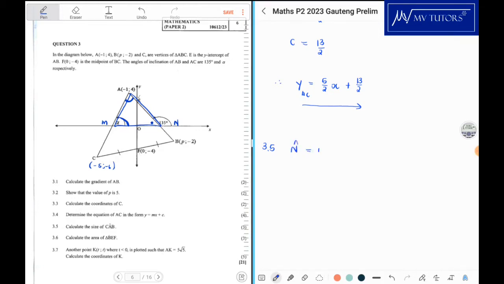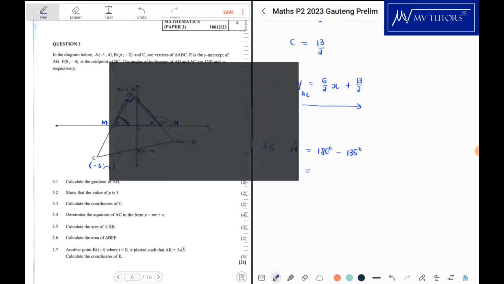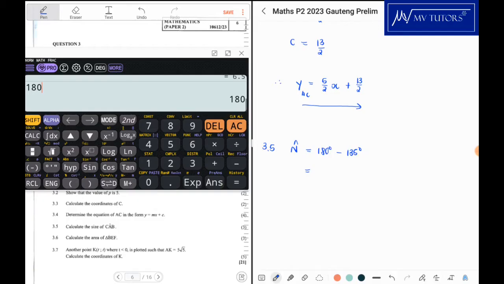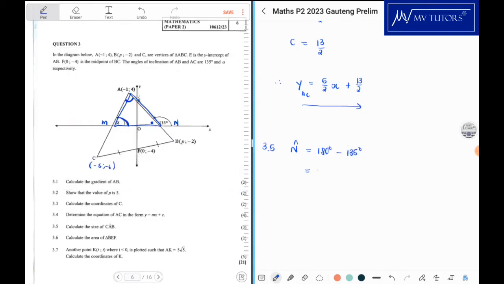angles in a straight line, I would just say 180 minus 135. All right, and what does that give us? That is 45. Okay, so I know that N is 45. And then if I were to get M,